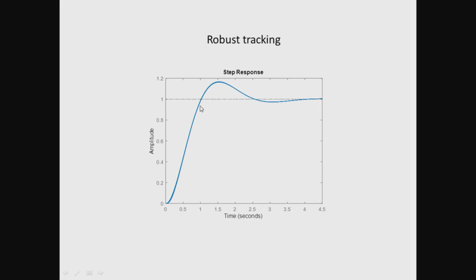Now, the spread in the response is much lesser than what we were okay with, simply because the other performance specifications in terms of output disturbance rejection and input disturbance rejection demanded such a high loop gain at the frequencies where robust tracking had to be performed, that the variation of the overall transmission function at these frequencies was much smaller than what we were willing to tolerate. As a consequence therefore, the step response of the overall closed loop system for all the different possible transfer functions that the plant can have all sit nearly one on top of another.